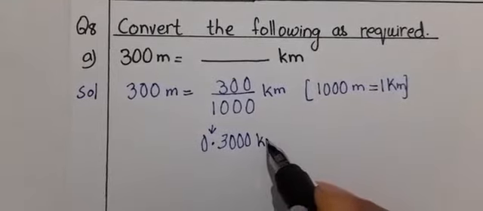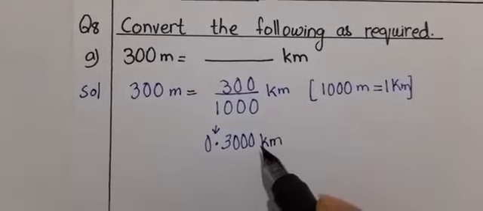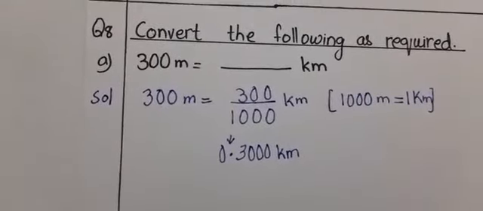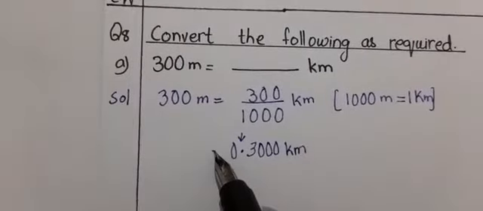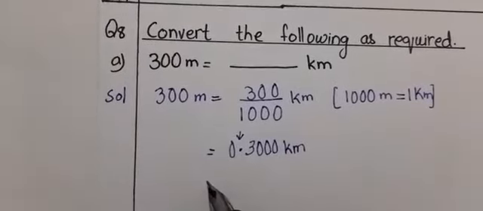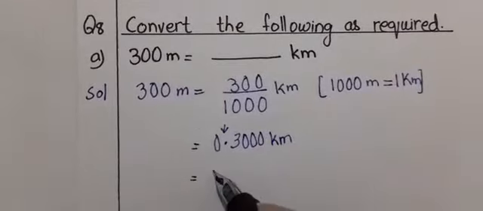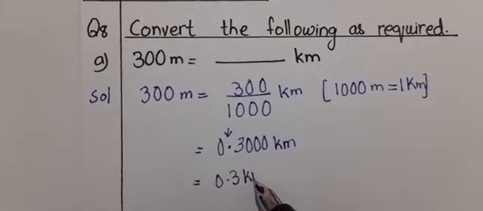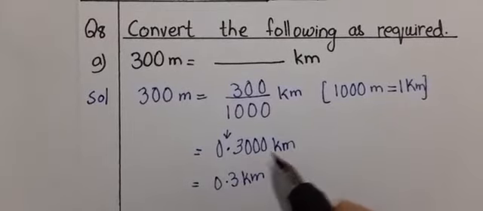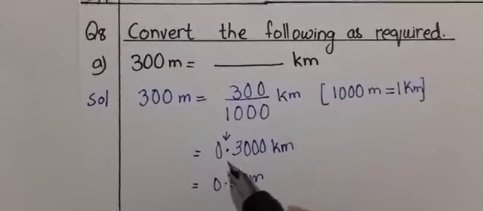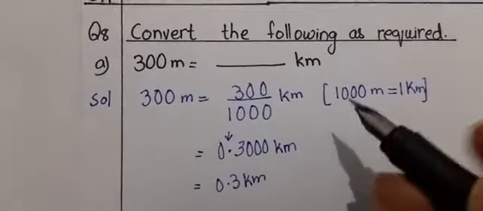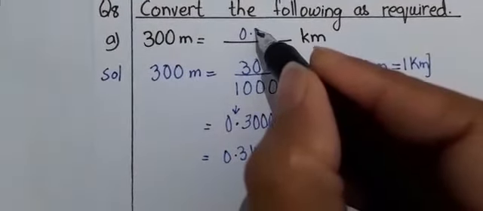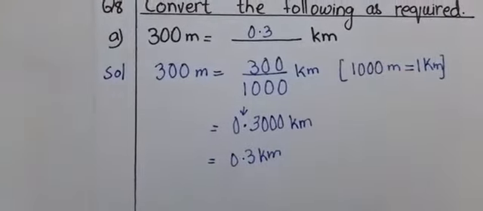And can anyone tell, do I have to write these zeros? We have learned in the rules that the zeros after decimal point have no value. So we can simply write it as 0.3 kilometers. Okay. So these zeros do not have any value because it is 0.300. It is not 300. So now here we can write, boys, 0.3 and kilometer is given over here.